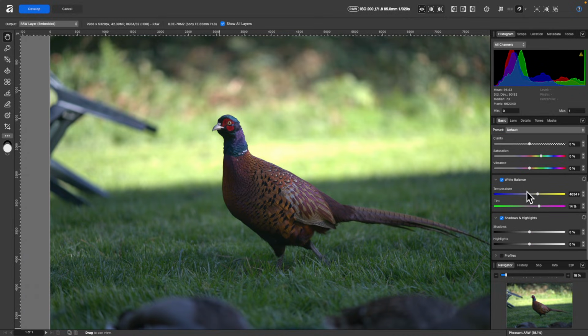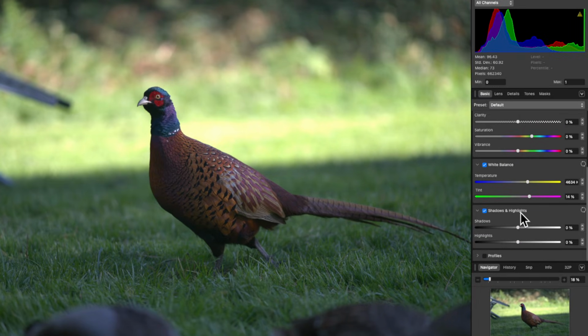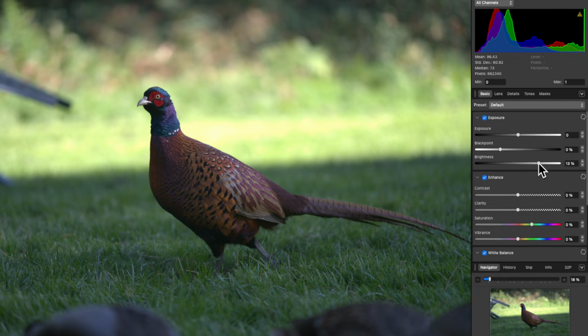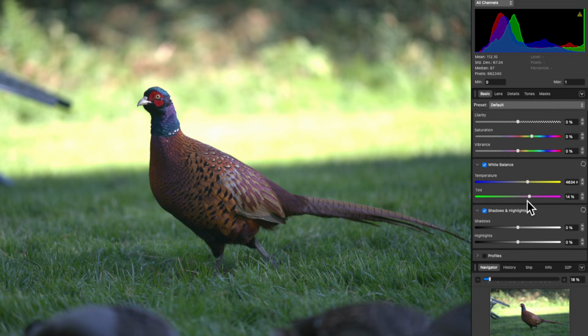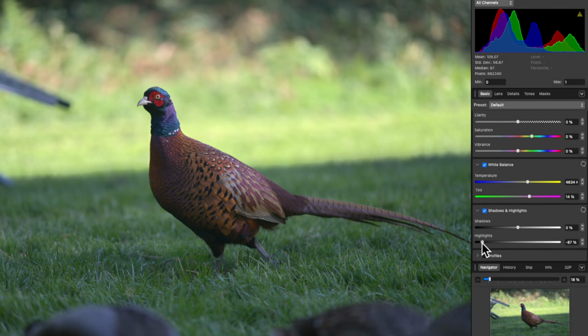The next options I want to show you are shadows and highlights. So if we go back up to brightness, you see up here in the histogram, it's kind of clipping slightly. I'm going to whack that up a lot, okay? So a little bit's being clipped over there. So with shadows and highlights, you can kind of recover it a little bit. So the highlights slider recovers or brightens very bright areas. And right now we want to recover some. So I'm going to click and drag it down. And you see it's no longer being clipped in the histogram.